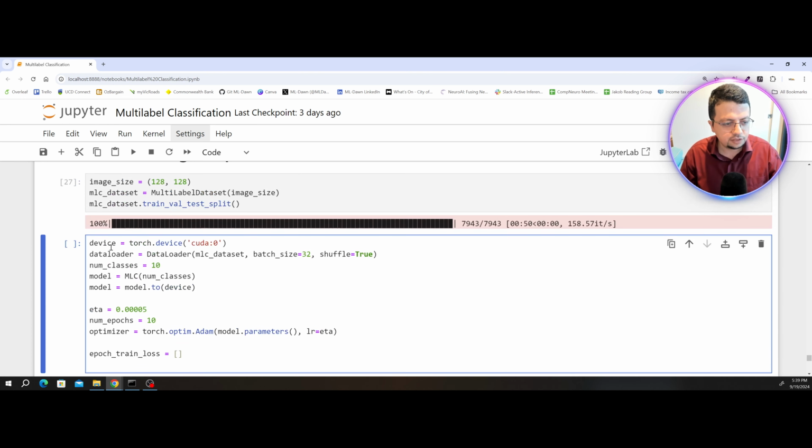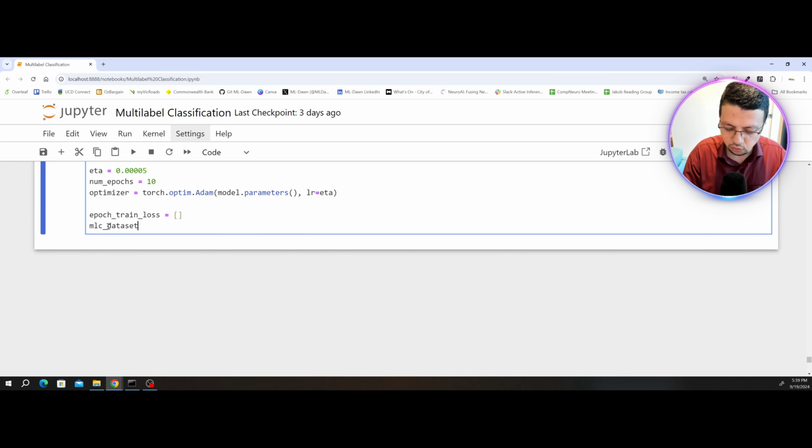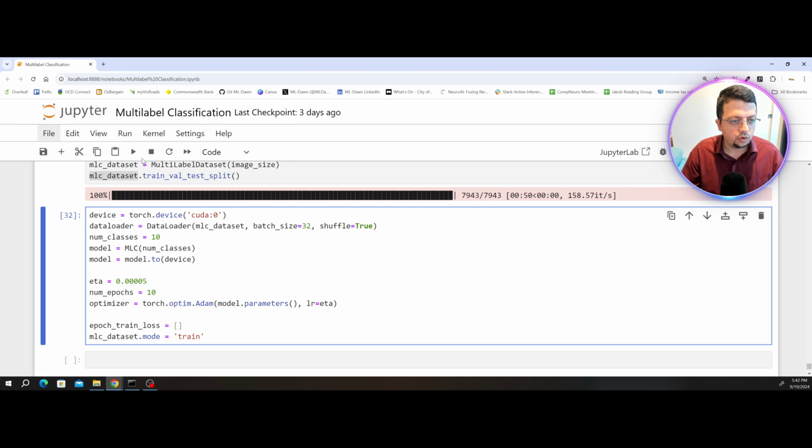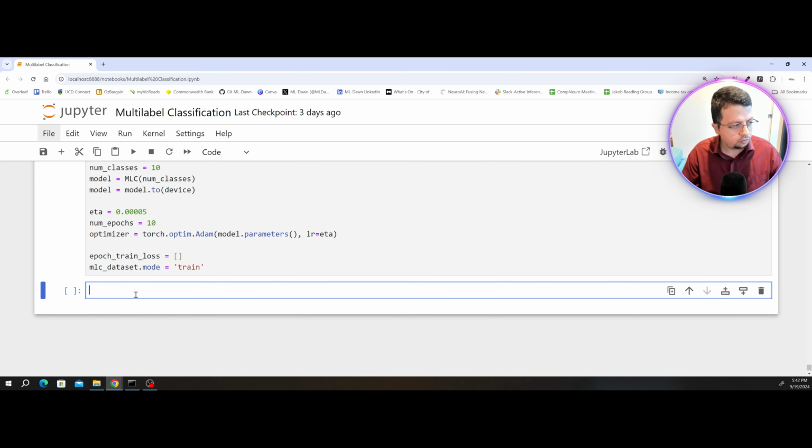So again, it's very simple. I'm just going to say the MLC underscore dataset mode equals train. And that's it. Okay, now we're going to run the cell. All is good. Now, lo and behold, we're going to start the iteration through the entire data set or the training set. Let's say for epoch in